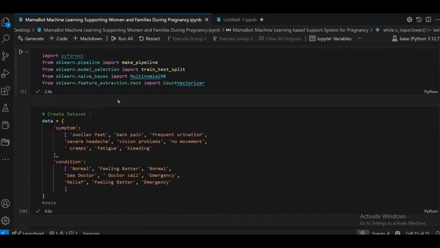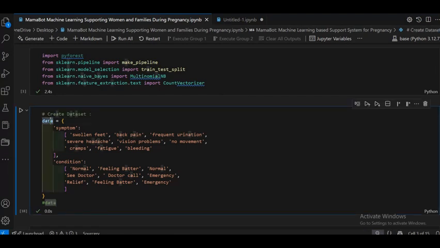So first we have to create a data set. I have taken data as the variable name and I am using a dictionary. The first column name is symptom, where we give some values: swollen feet, back pain, frequent urination, severe headache, vision problem, no movement, cramp, fatigue and bleeding.